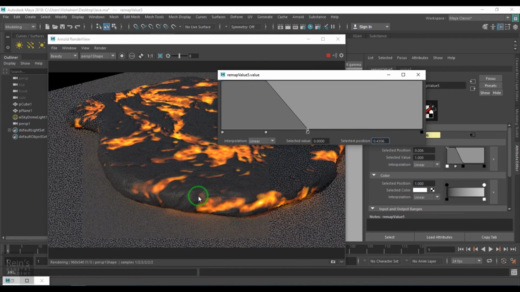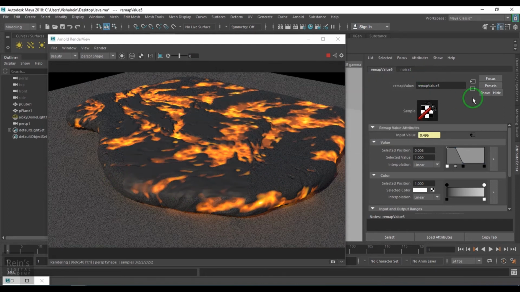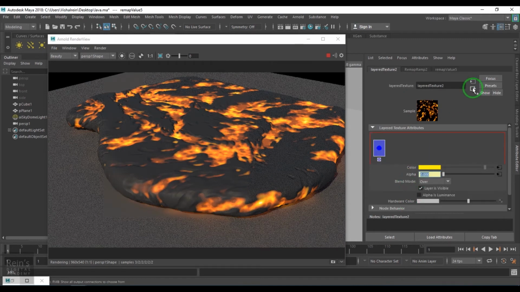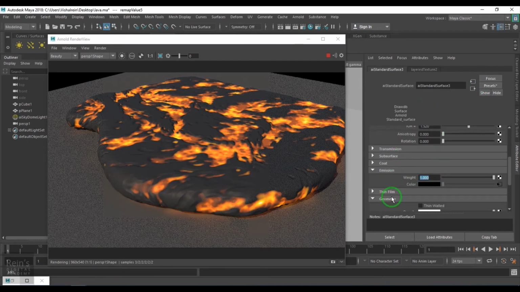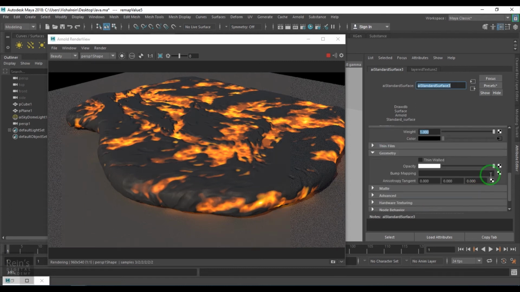So what I will do is I will just choose, in the geometry section, I'll be using a fractal texture, which will give me that nice bump value. Okay.